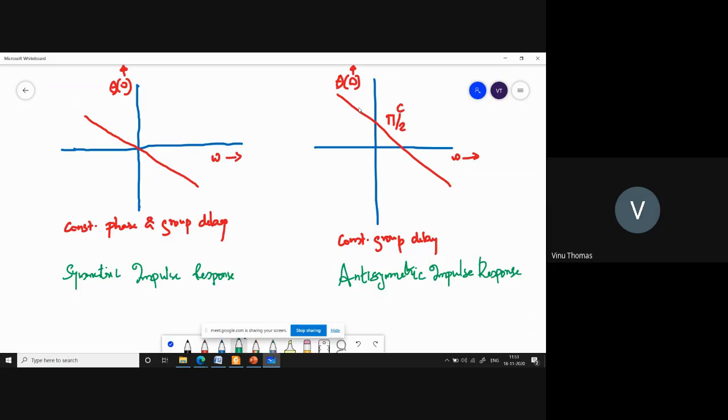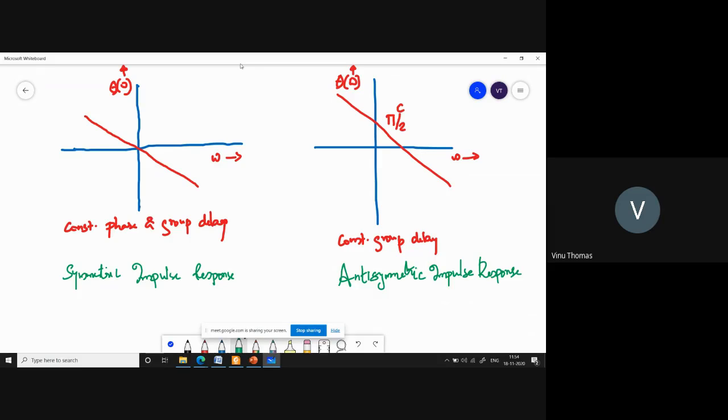exponentials. So we had also seen that group delay is more important because the delay suffered by the narrowband signal is the important parameter, and not the delay suffered by the individual sinusoids that constitute the narrowband signal. So this comes as a continuation of whatever we had discussed in the previous session. So you need to go through whatever we had discussed in the previous session also.